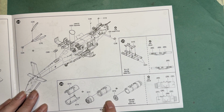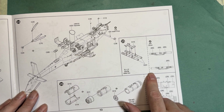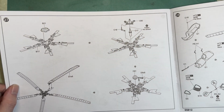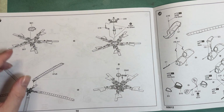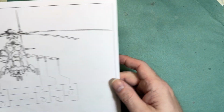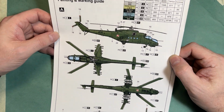So we've got to make 4 of these big rockets that go on the winglets, and we've got 2 of these little rockets on there. Then we've got the main rotor head going together before we add that to the aircraft with all the clear parts, and then where to put all the stores. Simple as that. Okay, we've got our colour call out. So A, like I said, it's Polish,